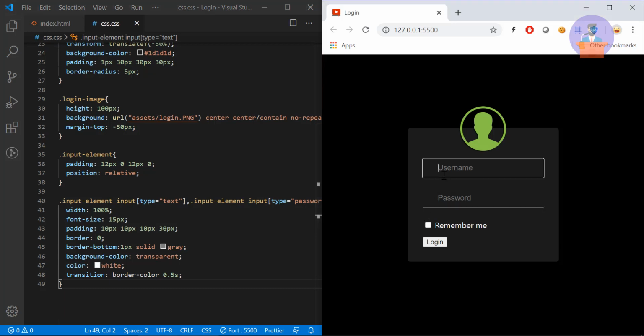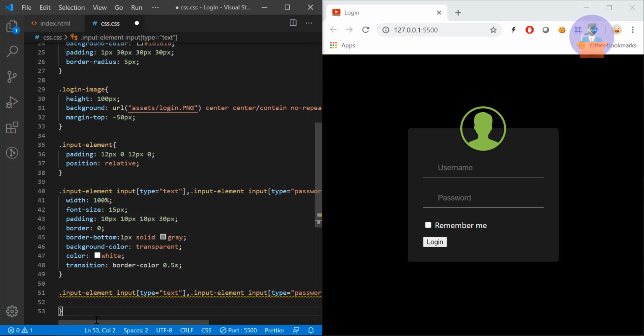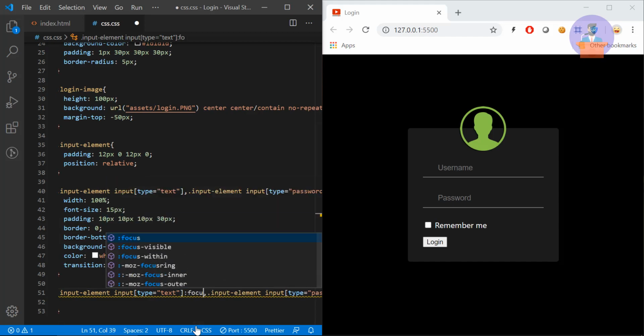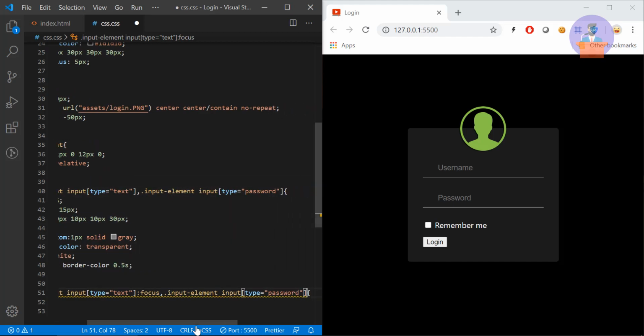Okay, so here you can see we still have this focus outline, so let's clear it. So I'm going to copy this entire line, and I'm going to use the focus pseudo class for that. So after this input tag, I'm going to use focus. Same for type password.